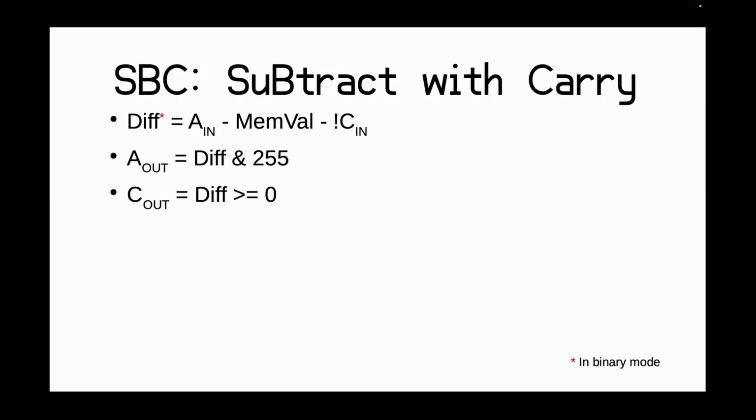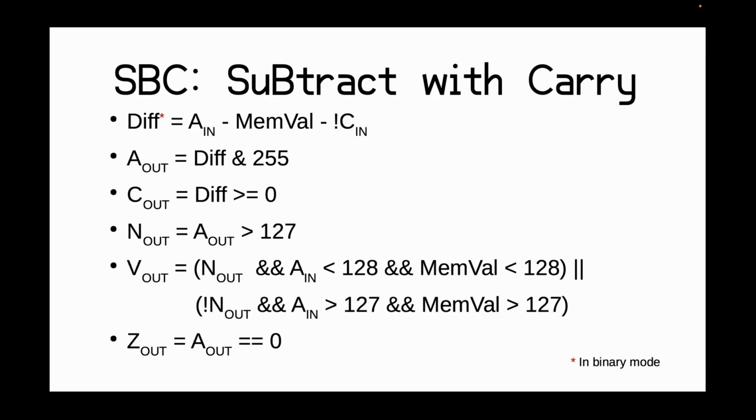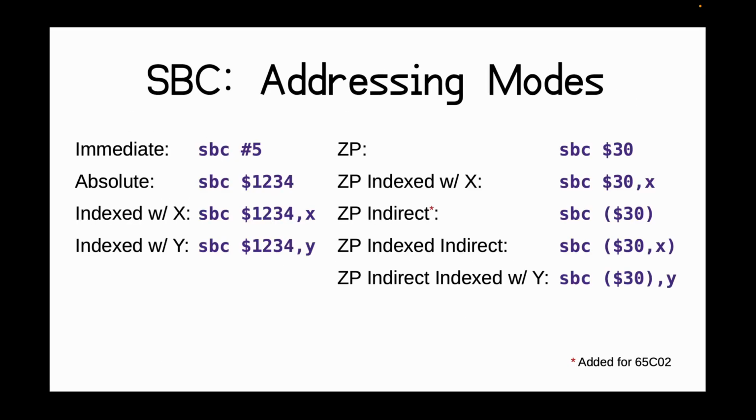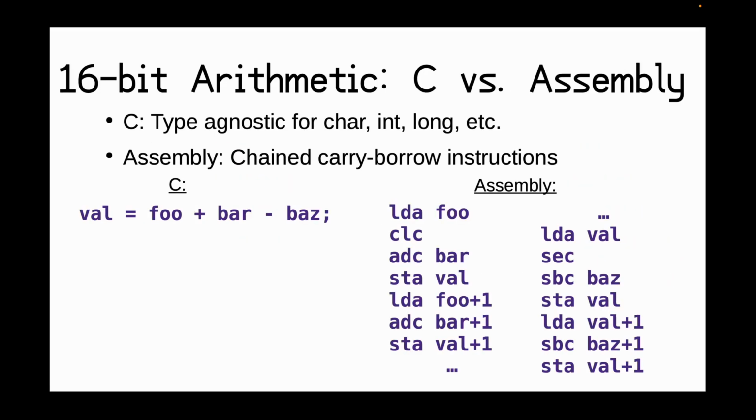Just like the carry bit behavior with ADC, this allows you to have a borrow chain that lets you subtract numbers that are 16 bits or wider. The N, V, and Z bits behave exactly the same as with ADC, and SBC is the only other instruction that can change the V bit as a side effect. Otherwise, you have to store a value to it directly with PLP or CLV. SBC also uses all the same addressing modes as ADC, including the added ability to use the zero-page indirect mode with a 65C02. Let's take another look at the case study we saw earlier, but this time try to implement